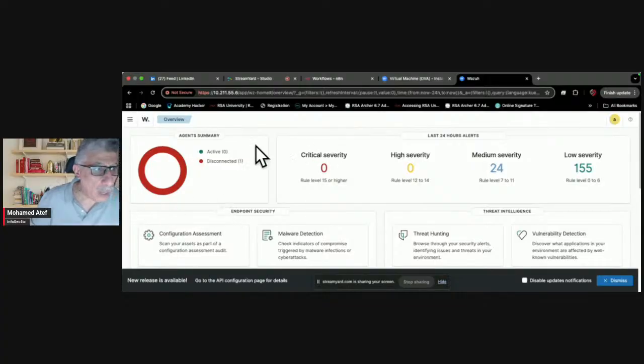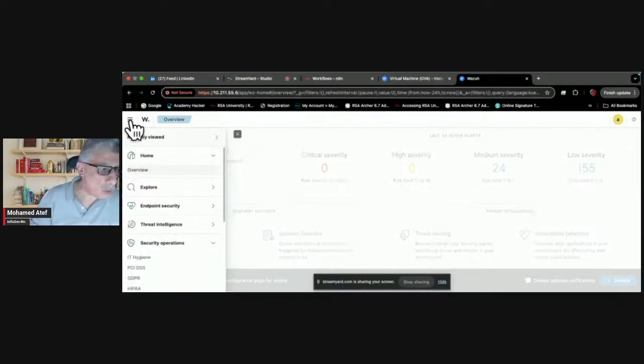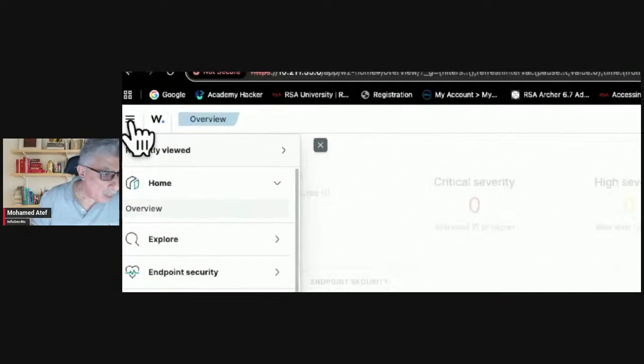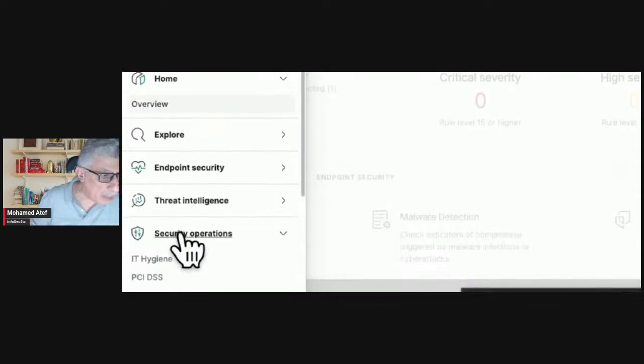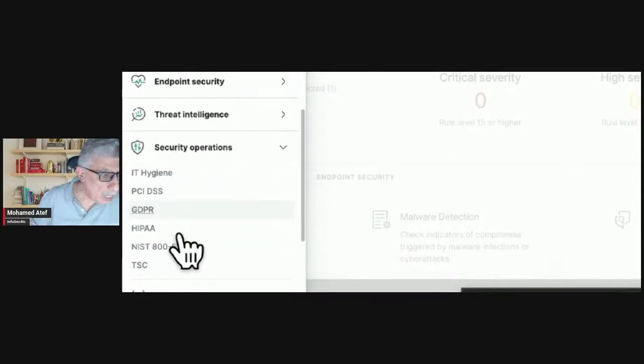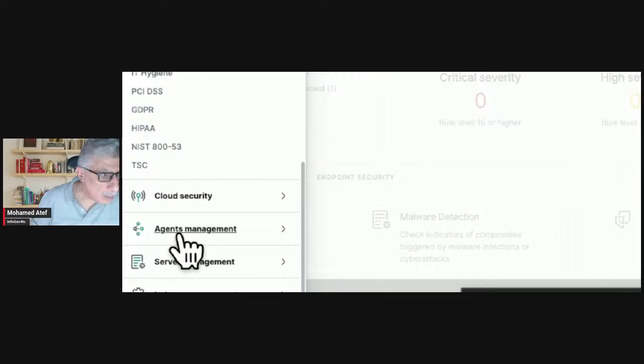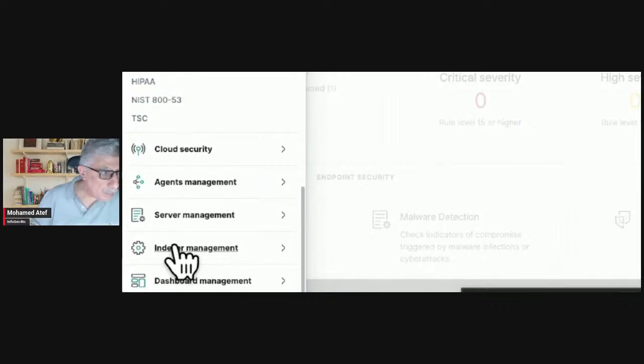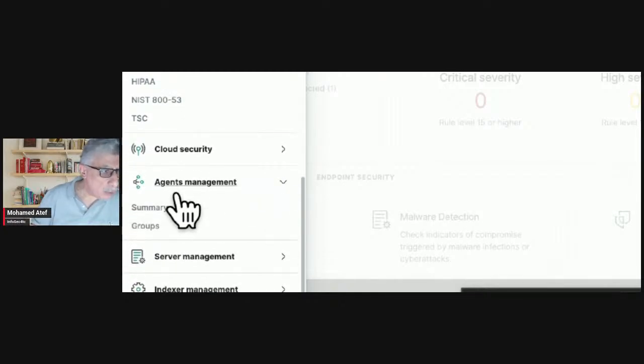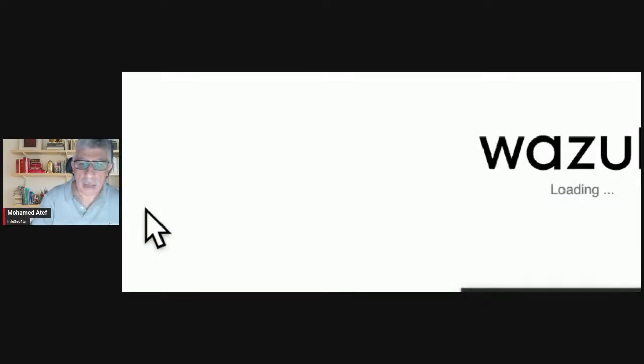So right now, I don't have any computer connected to my Wazuh. I cannot monitor anything. So what I can do, I can go here in this drop list. Let me zoom in. And from here, you should find agent management. Here you go, agent management. And you go to summary. And from here,